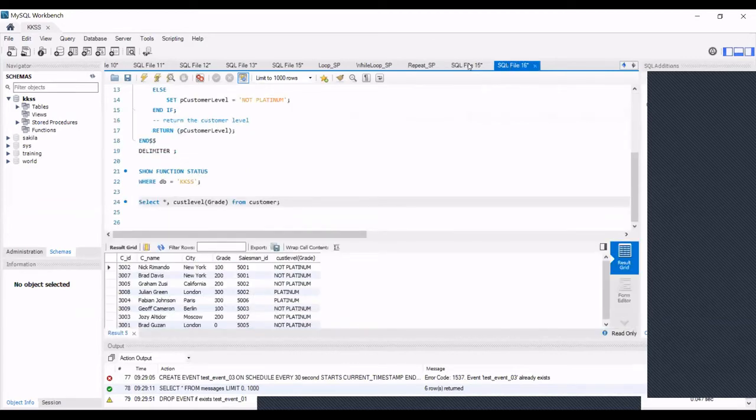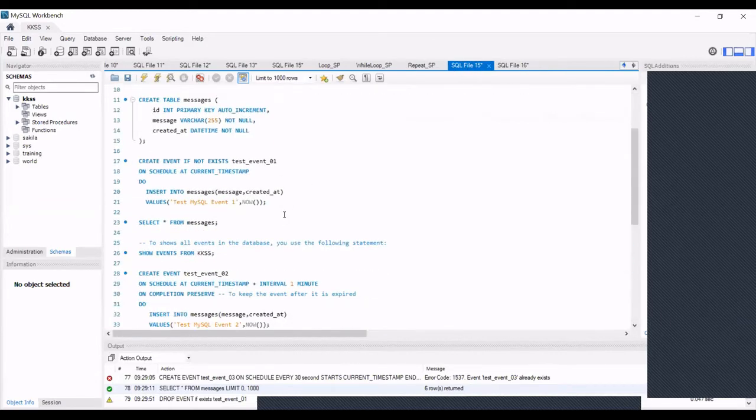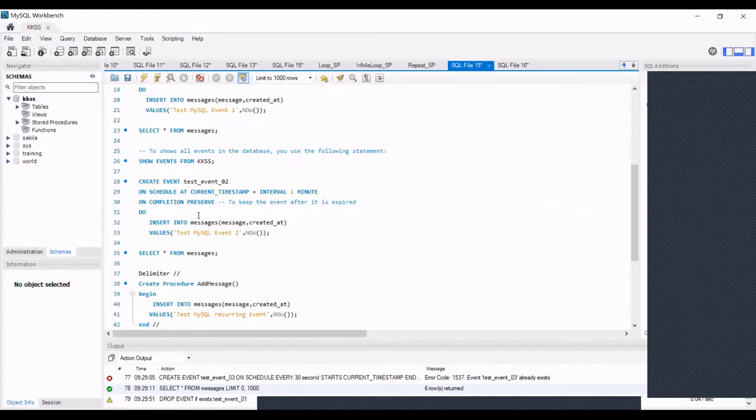So what is the syntax for calling an event? Like CALL EVENT and the event name, or even CALL EVENT IF NOT EXISTS, which I just put to verify whether this event exists or not. So it's an optional statement. You will CREATE EVENT event name ON SCHEDULE, you have to give the time, and a DO part. The DO part in which we actually preserved event number 2, right? Now if we want to call that, should we write CALL EVENT test_event_2?